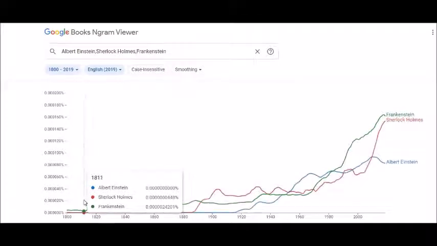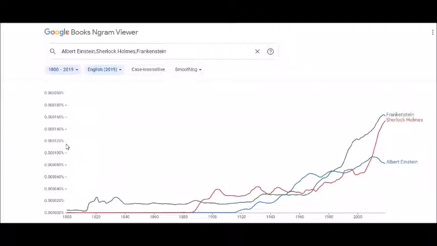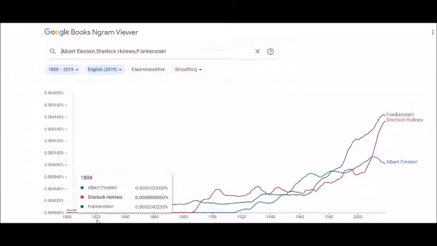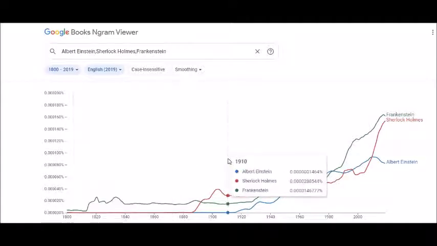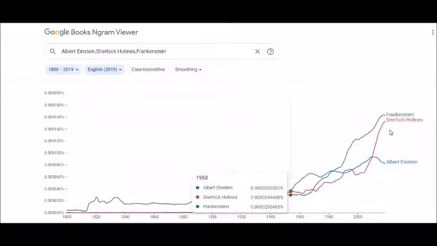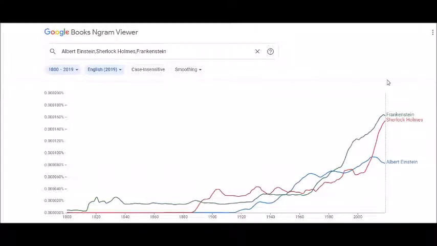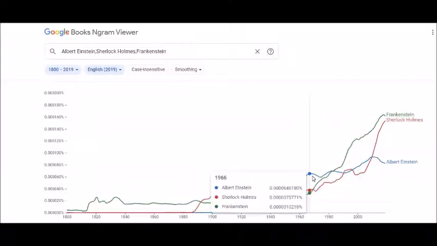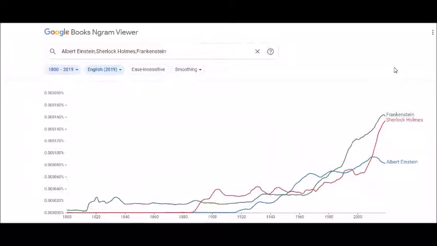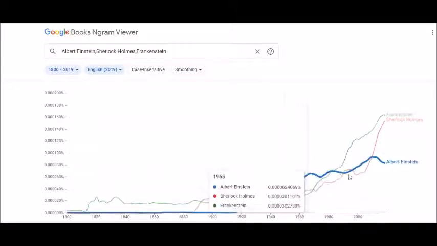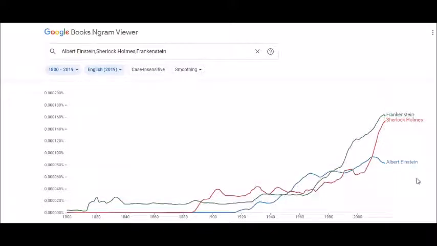Now similarly, if you go to the other part, you would be able to understand that there are certain things which we can do, and you can plot your own Google Ngram, which is more or less in this format. For example, I was trying to find out the books written by Albert Einstein, Sherlock Holmes and Frankenstein. This is coming from, let's say, year 1800 to 2019.